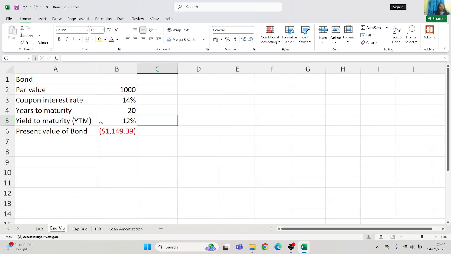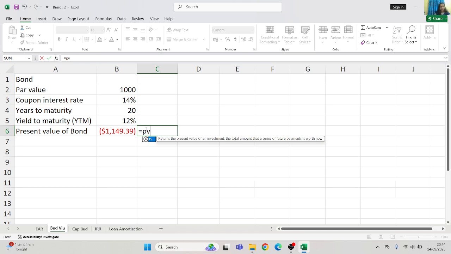In this Excel sheet, we have to find the present value of bond. For this, we type equal, then we type PV, tab, rate is 12%, then N per 20, then PMT multiplied by